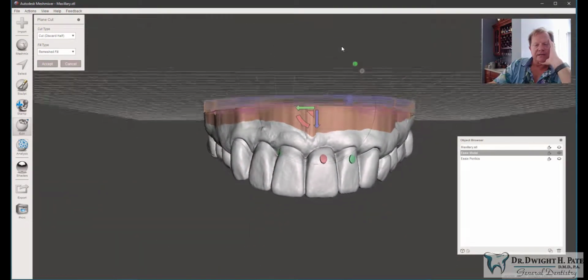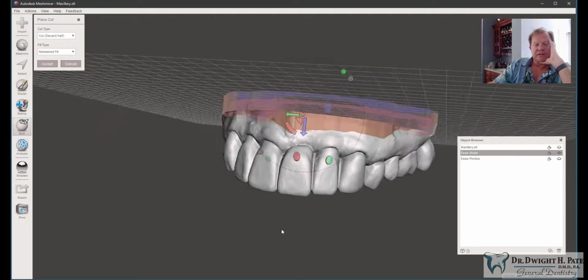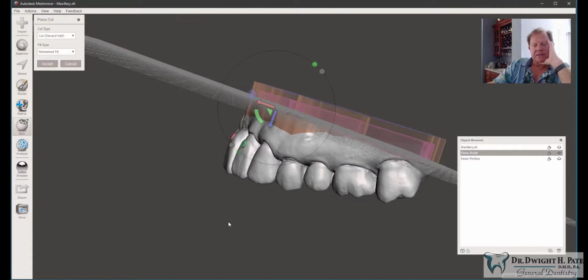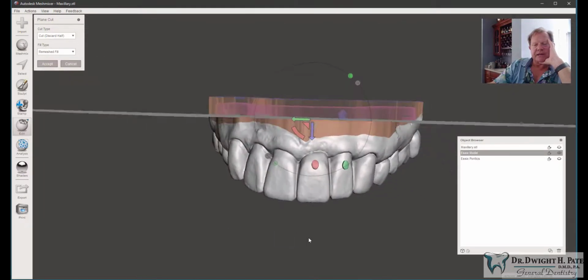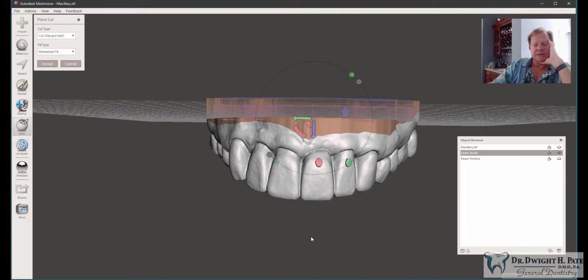Now, you might even look at that and say, well, I don't really need to print that much. I can save more resin by cutting it down just a little bit lower, and it'll print faster. So if I look at this model, well, that's maybe a little too low in the back. So if I tip this down some, up some,